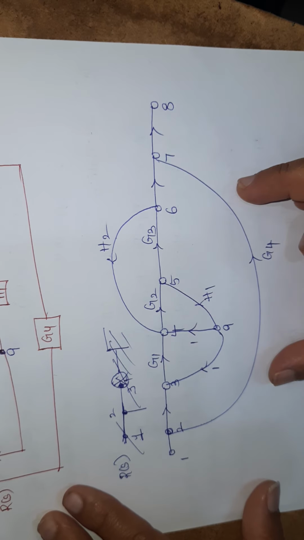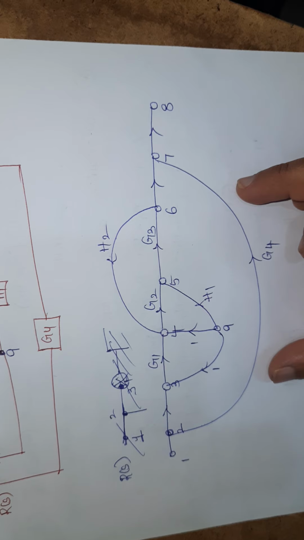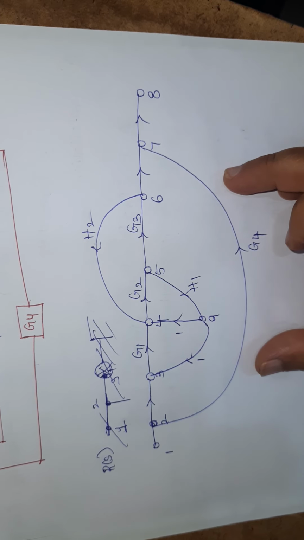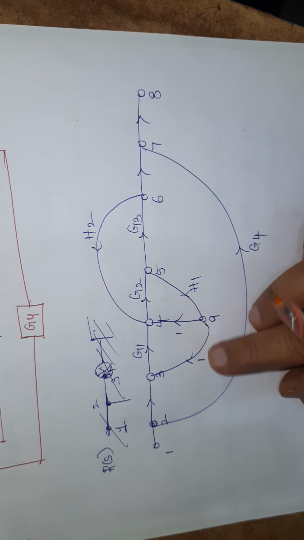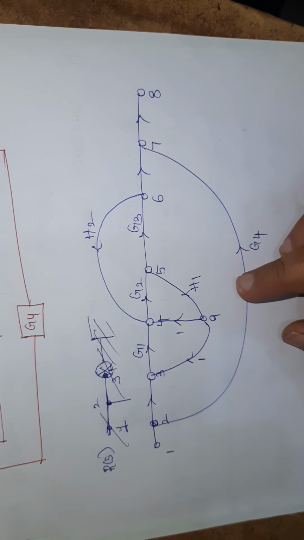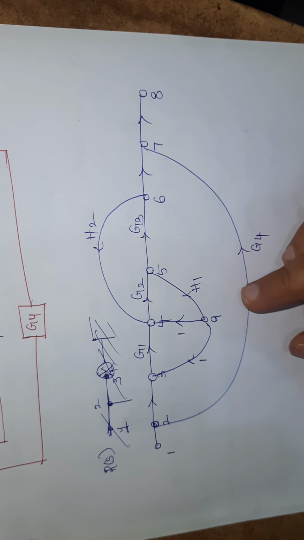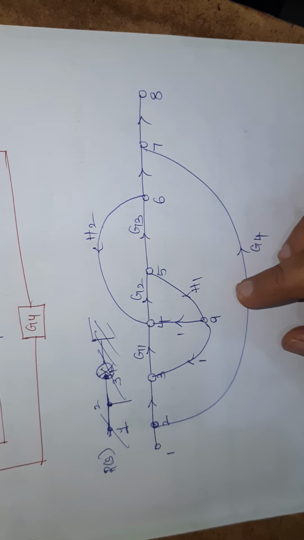So for this signal flow graph, we can calculate the transfer function easily by using Mason's gain formula. To calculate the transfer function using Mason's gain formula, what we have to do, there are 5 steps. First we have to see how many forward paths there are. After finding the forward paths, we have to calculate the individual loop gains. Next 2 non-touching loop gains, 3 non-touching loop gains. Next we have to calculate del and del k, and finally we have to substitute in Mason's gain formula. Okay, thank you.